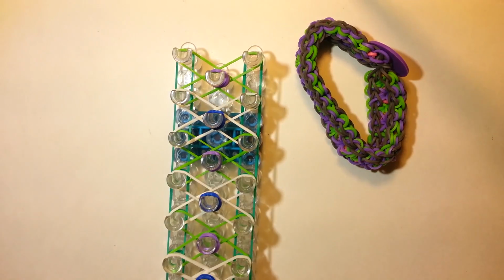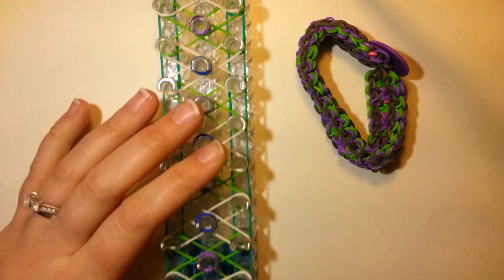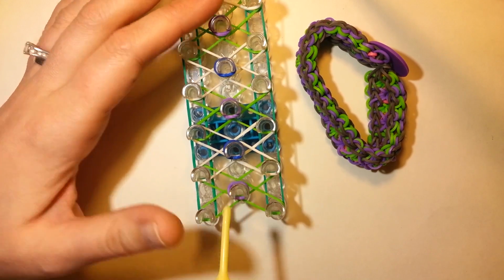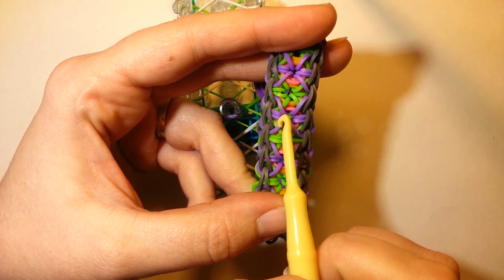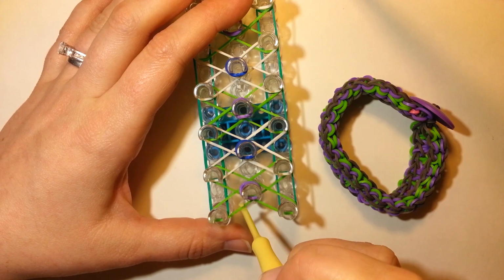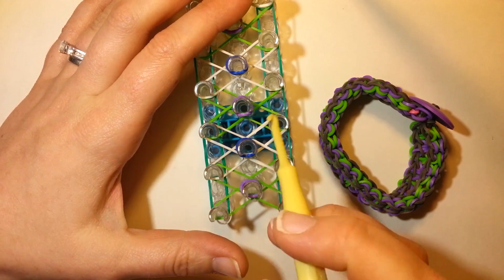Alright, so that's all the bands we have to lay. So we'll turn our loom around now. And we're just going to go in through the end caps and loom out the X. If you want to be careful to pick one color that's going to be underneath and then one color that'll be on top, then this is the step where you would do that. So if I want the green X's on top, I would loom those second, because the white ones will get trapped inside, and then the green ones will go over the top. So however you want to do that,